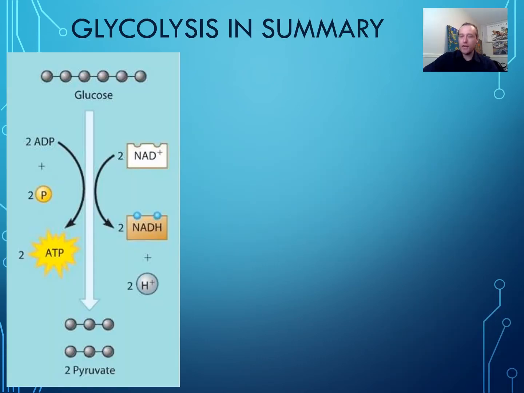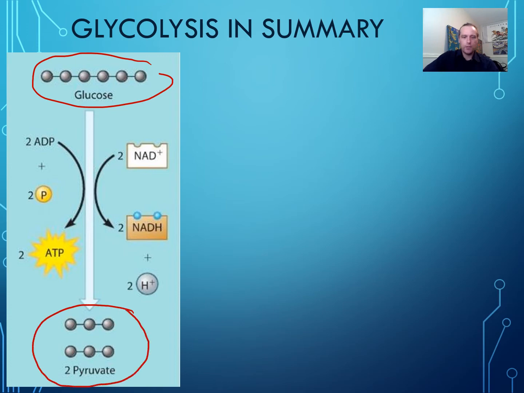Glycolysis in summary. If you're not tired of hearing about glycolysis yet, congratulations, we've got more. Yay. So the summary of it is pretty simple. Glucose is split into 2 pyruvates, right? So a 6-carbon sugar is split into 2 3-carbon sugars, right? See, there's 1, 2 of them, and each of them has 3 carbons. Sweet. We get 2 ATP net,